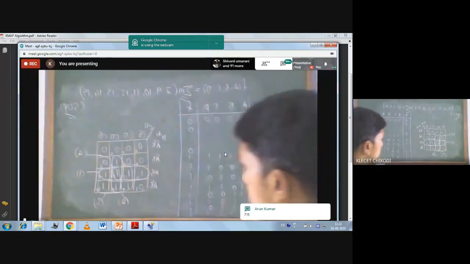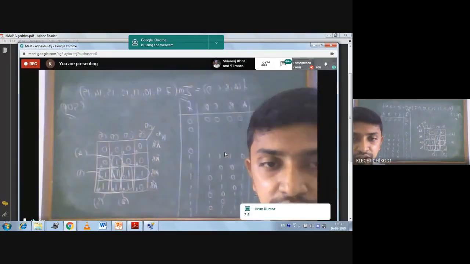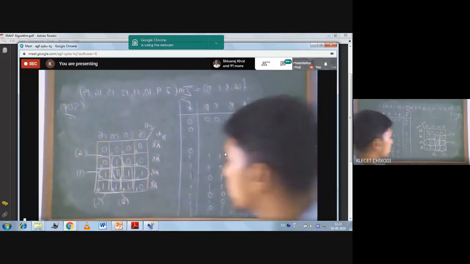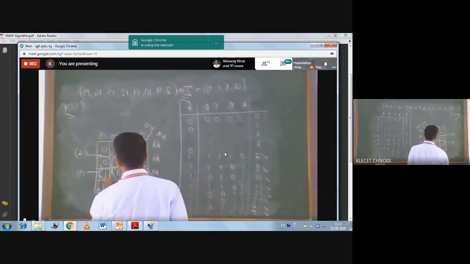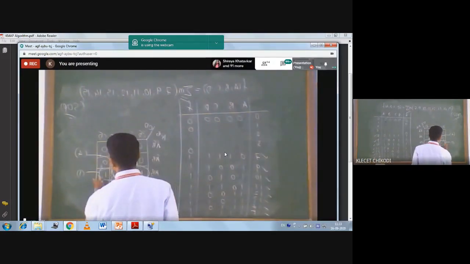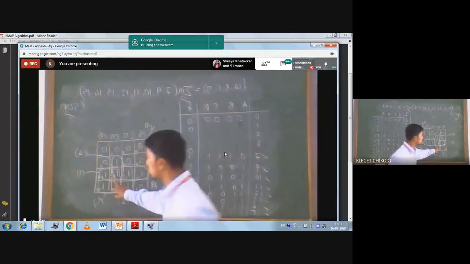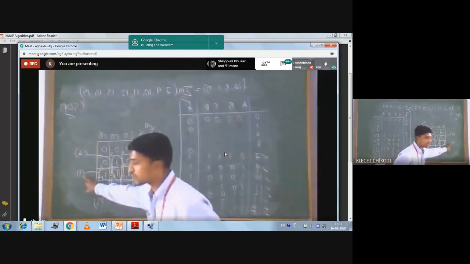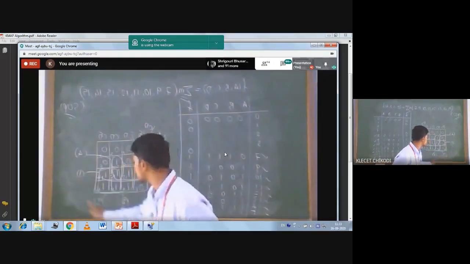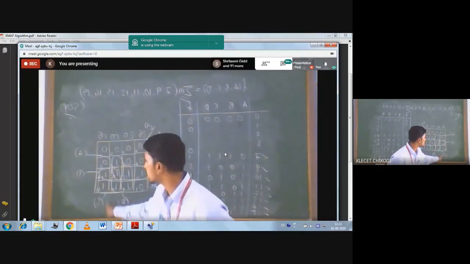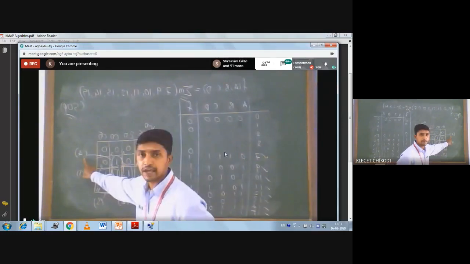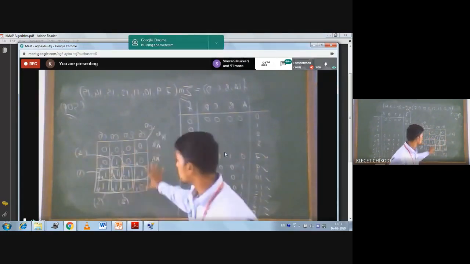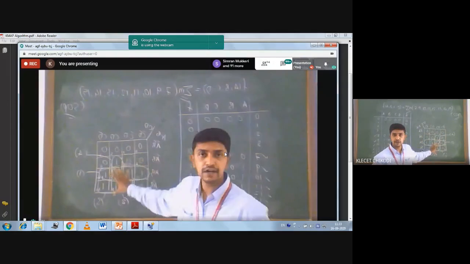Fine. 7 and it is not 14. Sorry, it will be 15. Somebody has written it correctly. It will be 15. 7 and 15 is correct. So you can see that there are a total of 3 quads possible, that is first, second, and third. And there is one pair possible. Other than that, there are no other pairs or individual literals available.